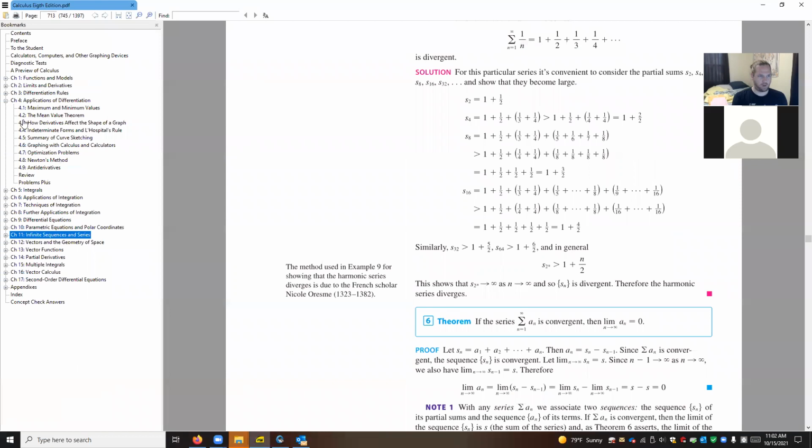All right. So today we're going to talk about the mean value theorem, and given time, we're going to talk a little bit about how derivatives affect the shape of the graph. And I may add,